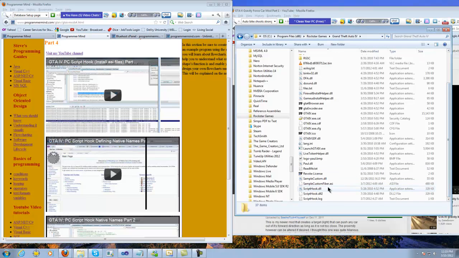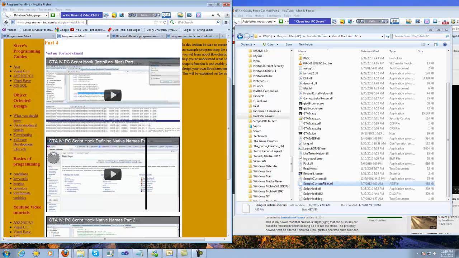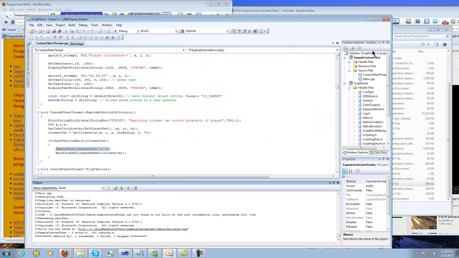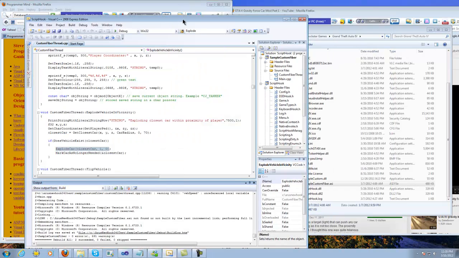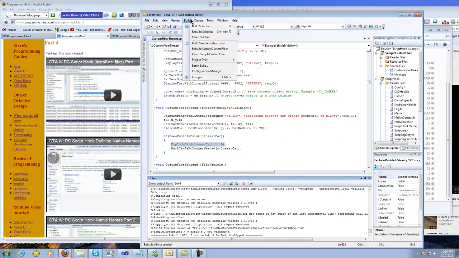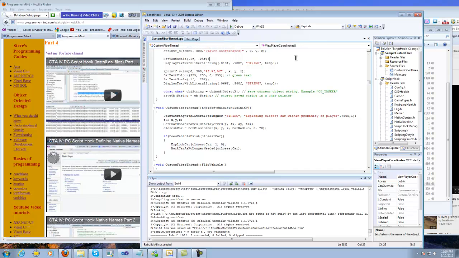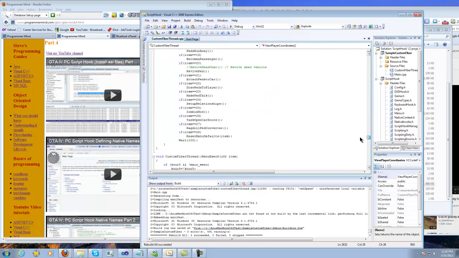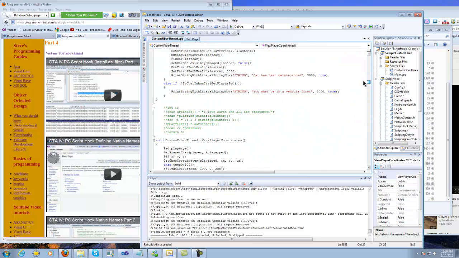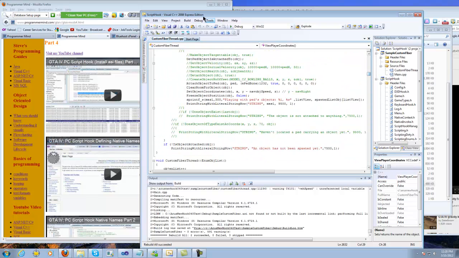You look down here, this one is the Samper Custom Fiber.asi. This tutorial, on this page right here, shows you how to set up and install this directly into the program. Basically, I have my script hook open in my C++ here. You just go through here and you compile this, and this right here is my trainer, by the way. This is the one I've showed many times in the game. So you just basically go in here